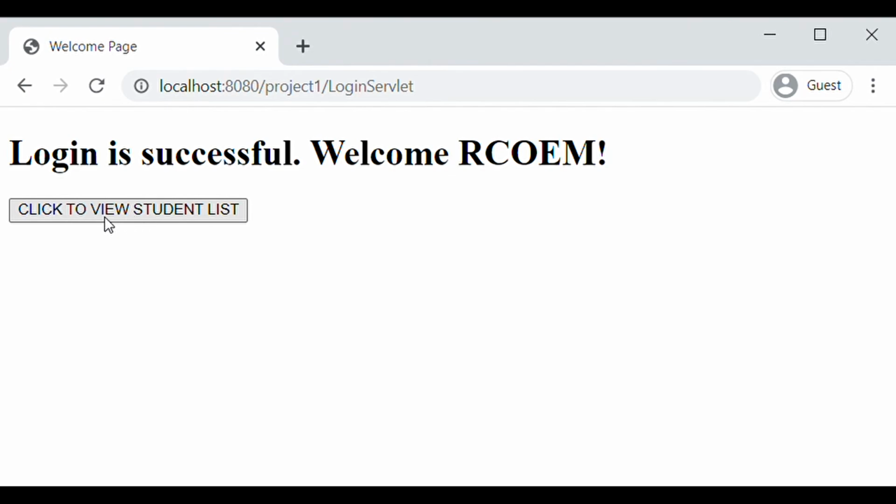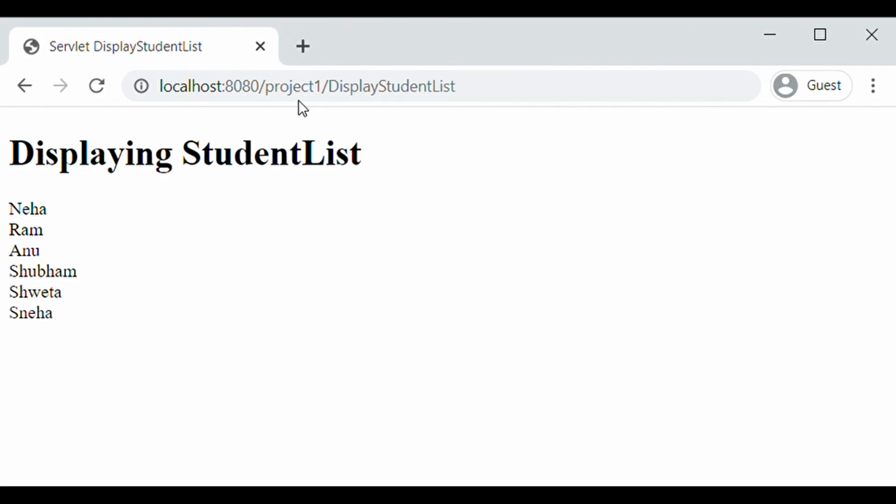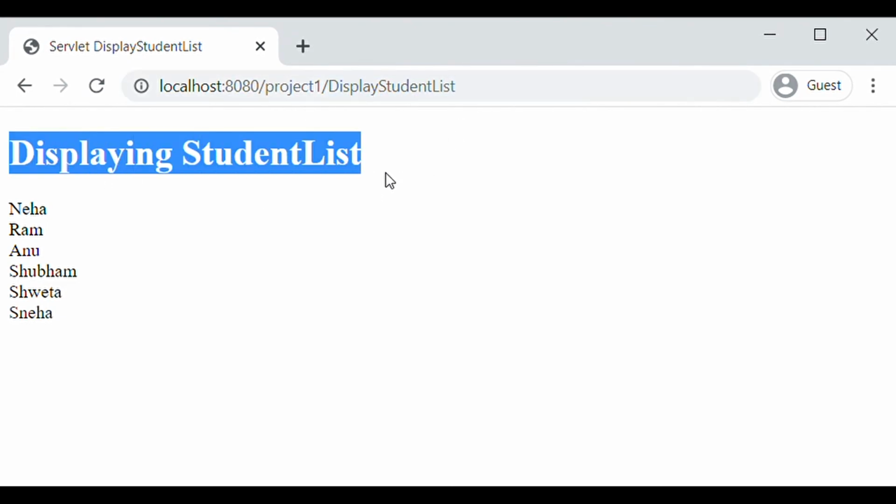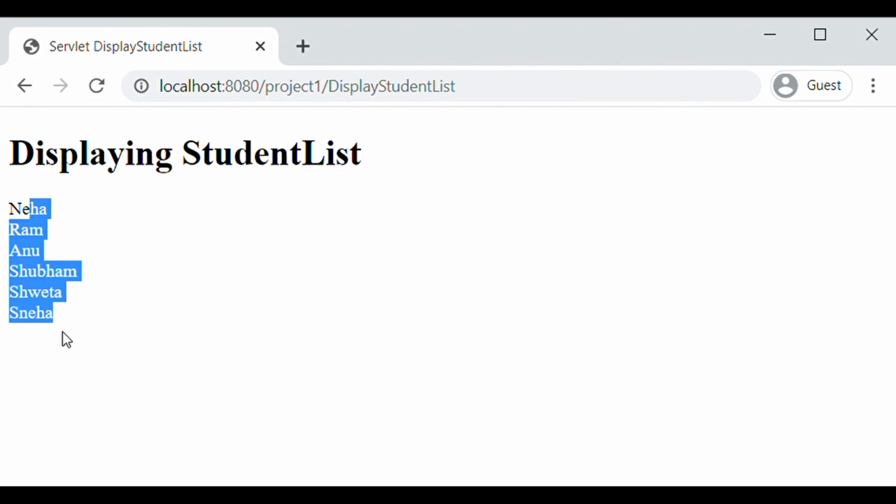When we click on this button, it will submit the form and bring us to the DisplayStudentList servlet, where we are displaying the student list, which are the names of the students that we have fetched. Basically we can use some database from where we fetch these student names instead of hard coding like we have done.